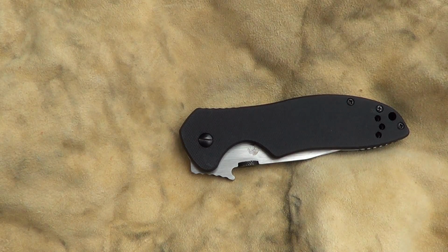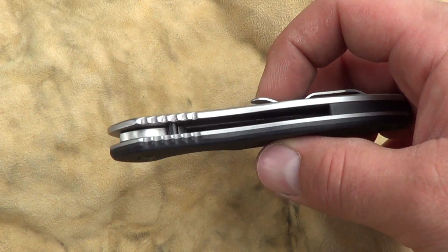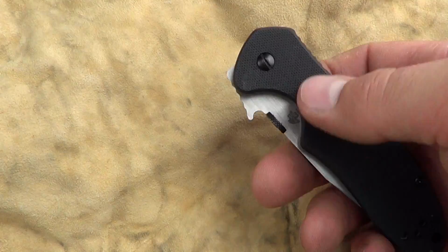It's a chance to get an Emerson knife design at a budget price, and I think for $35 there's not much to complain about. Like I said, I think the fit and finish is as good as Emerson's already, and you're not out much for